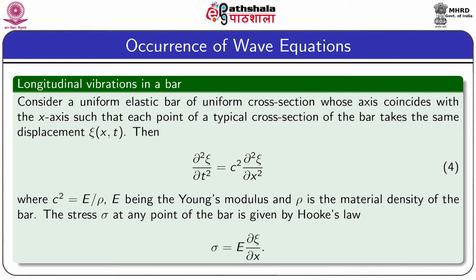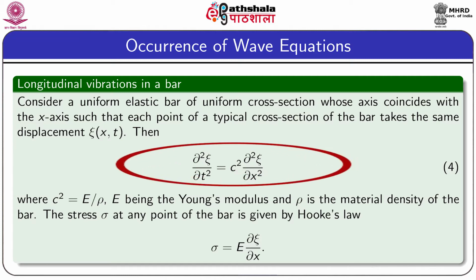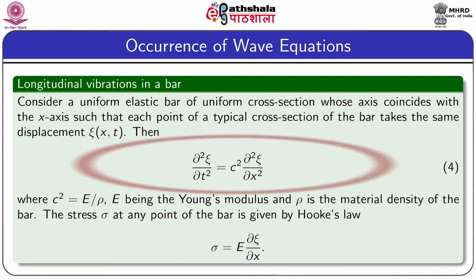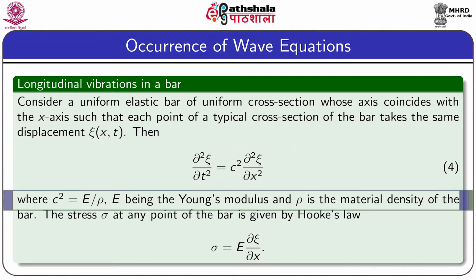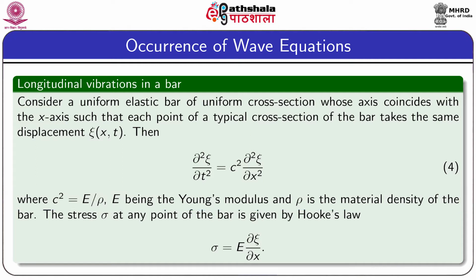Then xi will satisfy the one-dimensional wave equation, which is written in equation number 4. Here c square is given by E by rho, where E is the Young's modulus and rho is the density of the bar,